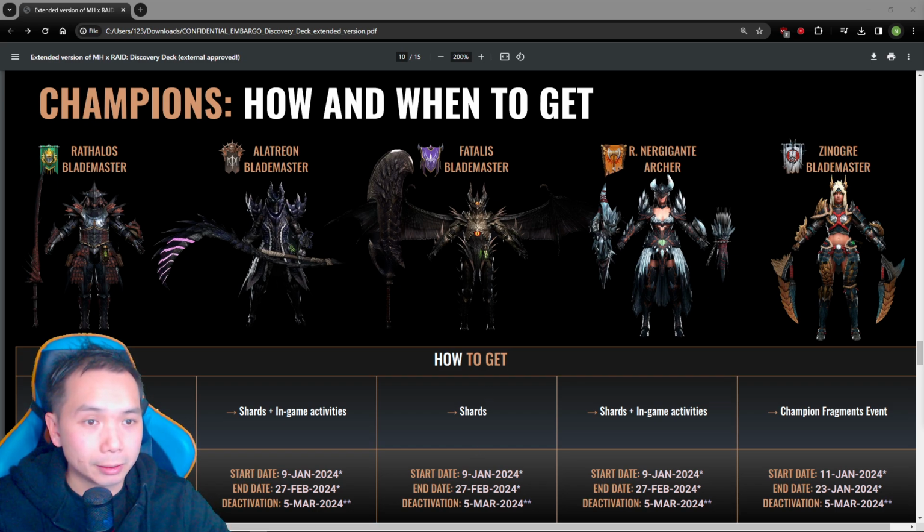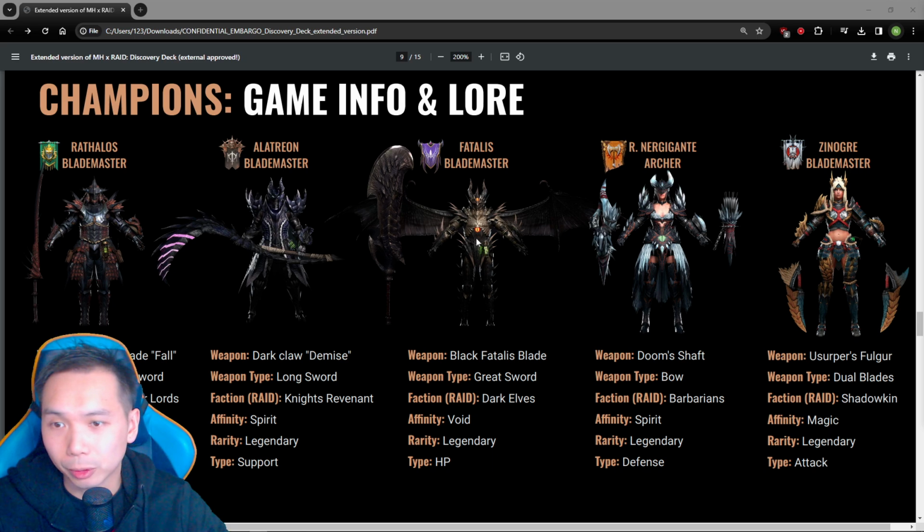So I have the breakdown for a little bit of info about the champions here. I scrolled up here. Fatalis will be a void HP based legendary for Dark Elves. Since he's void, he's probably only going to be available from void shards, which kind of makes sense. That's kind of a bummer, but you know, they gotta sell some void shards. And then we have our